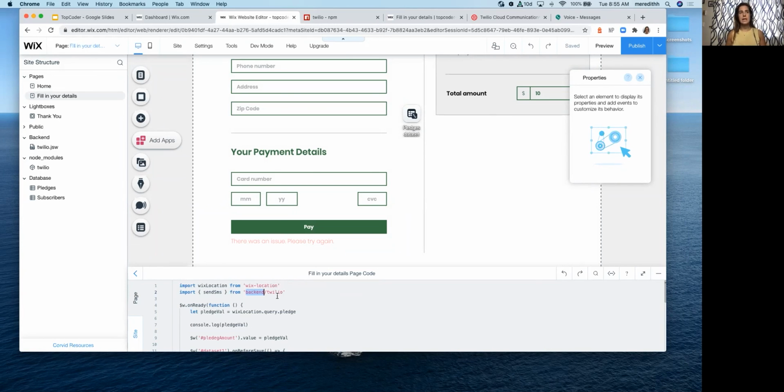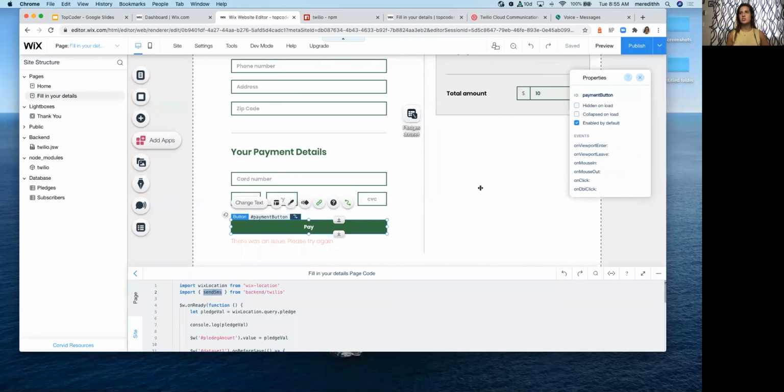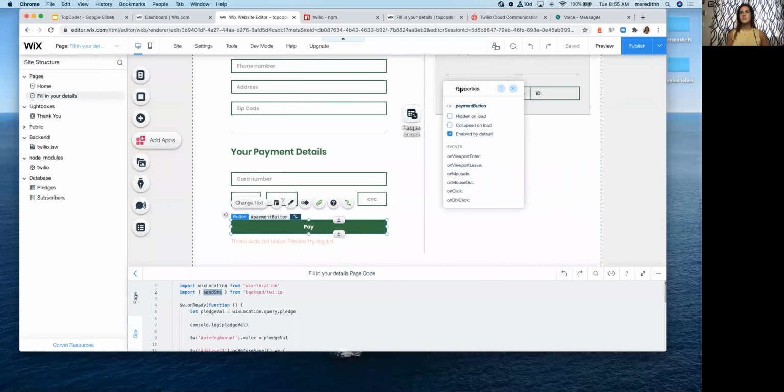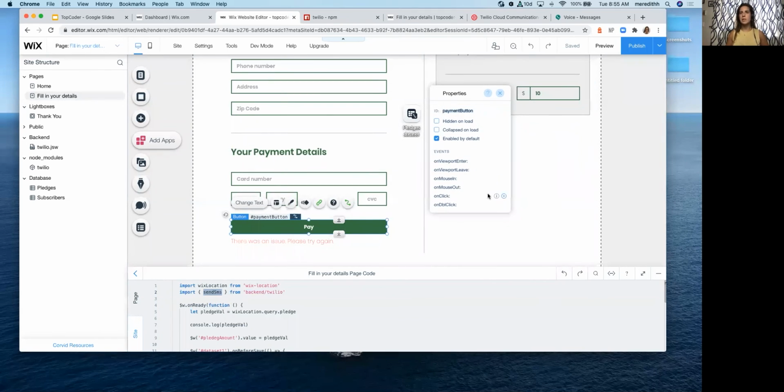So it's really easy to get access to your backend code on your front end. No additional setup necessary here. You have access to it. Just follow the file structure that you see here on the side. And then we have access to the send SMS function. I'm going to actually attach this to an on-click event for this button. So I can use the properties pane to rapidly add events to my elements as well. So I just clicked that plus, I hit enter, and now I get a code stub for payment click. And when the button is clicked, we can also send an SMS